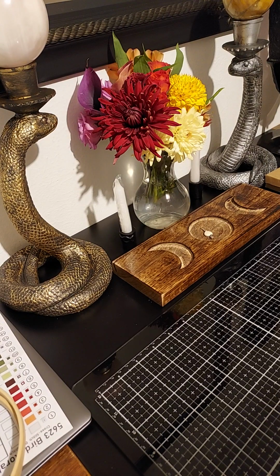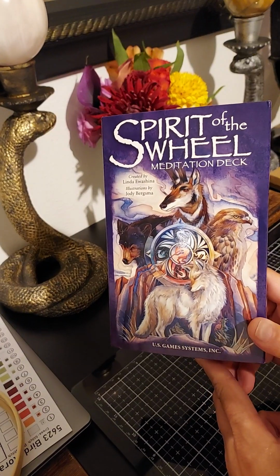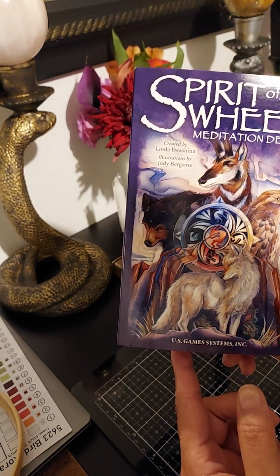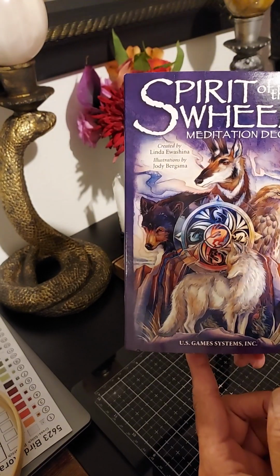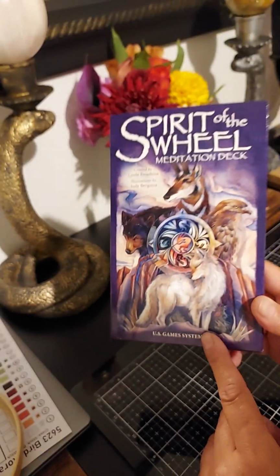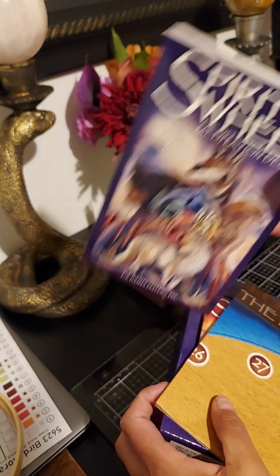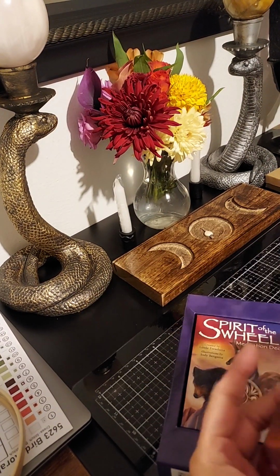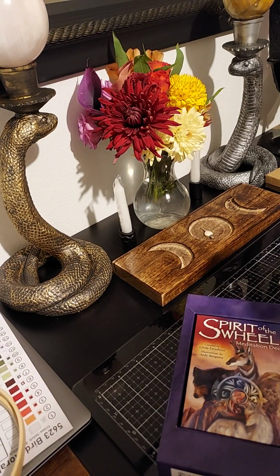So, this time we're going to do the third of the Oracle decks that I just received. This is literally called a meditation deck by Linda Ewashina. Illustrations by Jody Bergsma. U.S. Game Systems. I already showed you earlier, in the actual haul video, that I like the fact that it has the medicine wheel poster, and it has,